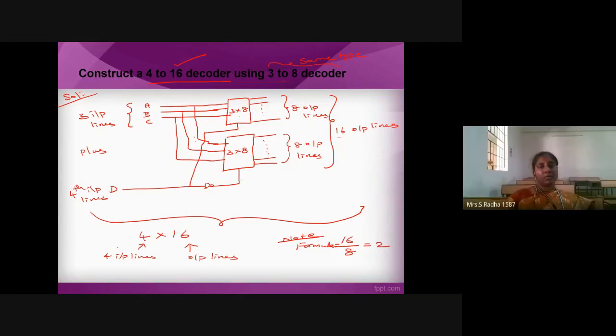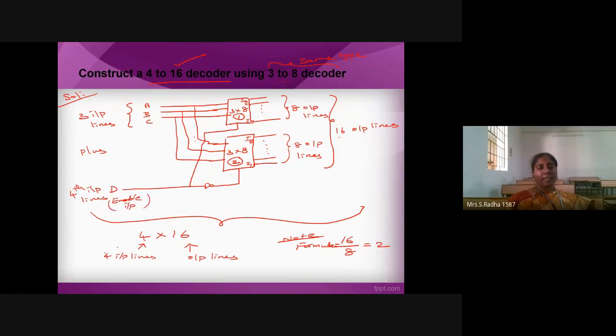This is the first decoder. This is the second decoder. I want only the output lines which are required at one particular point. So this is I0, I1, like that, I7. This is I8, up to I15. I will not be requiring all the outputs of the first decoder and second decoder at a time, so only one should give outputs. The inverter acts similar to an enable pin. This fourth input is nothing but the enable pin, which will switch the decoder on and off.